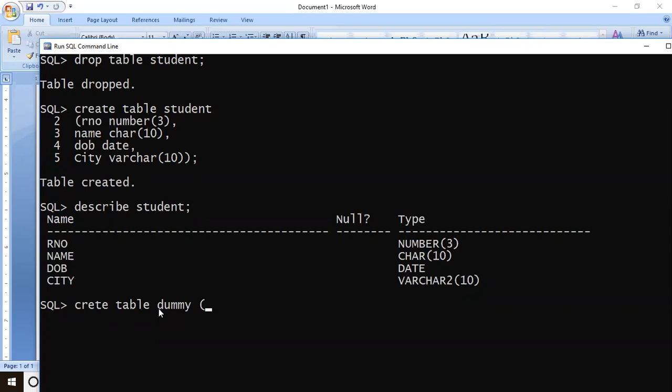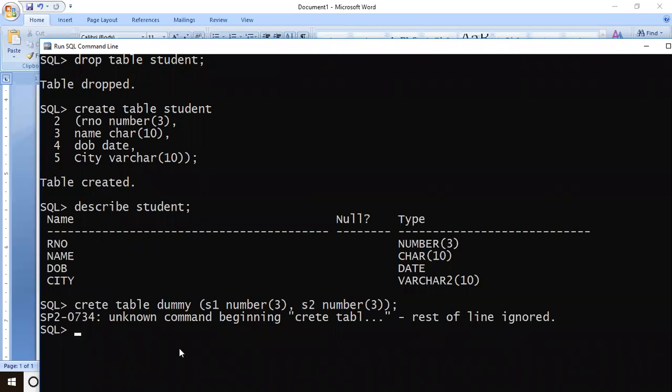The field name I'm using is sample1, so I'll give it as S1 of type number and size 3, comma, S2 as number and size 3 again. Now my two fields are over, right? I'm closing my table creation main bracket and I give a semicolon.